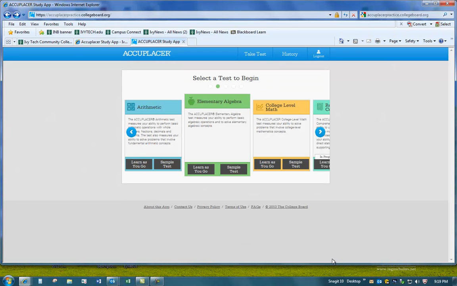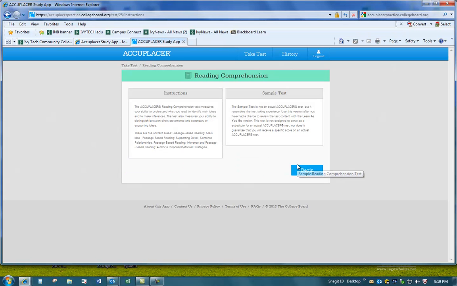After you have gone through your Learn as you go, then you're ready for sample test mode. It's going to give you your instructions, and it tells you that the sample test is just that. It's in a test-like environment, so it's not going to give you the answers immediately. We'll click Begin. Again, these are randomized, so if you want to take the sample test 2 or 3 times, that is not a bad idea. I have been telling students,